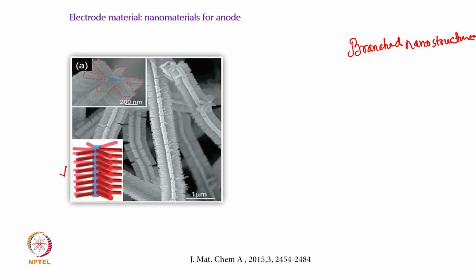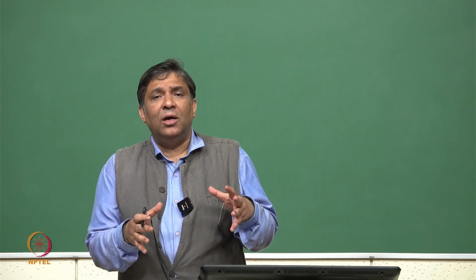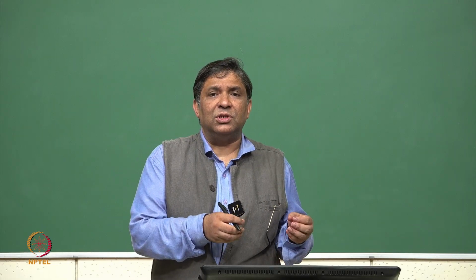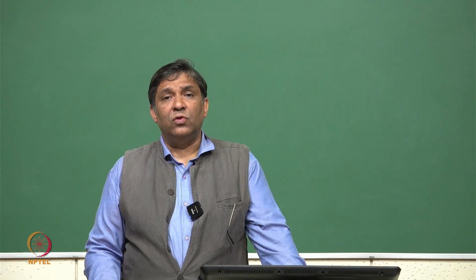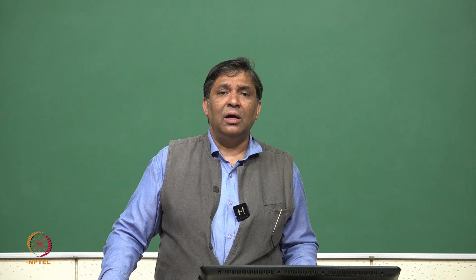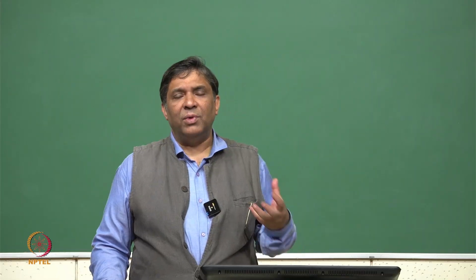And this branch nanostructure contains different nanostructures in it. So, the branches could be nanowire and nanorod shaped, and inside that there could be a hollow sphere, or there could be a core-shell kind of structure. Okay. So, it makes the material designing a little more complicated, but you can have the advantages of different nanostructures, including very high surface area. Okay. So, therefore,